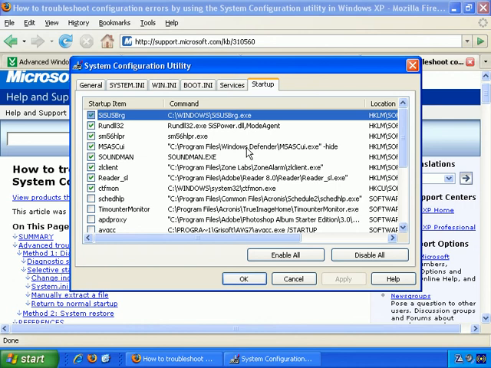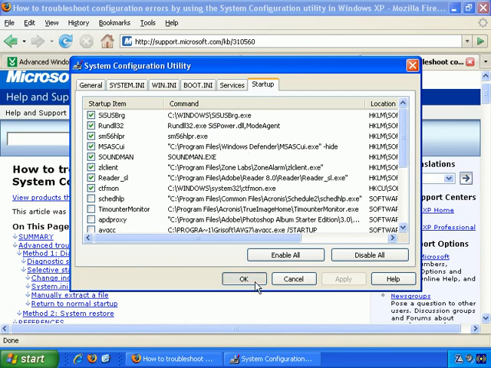Windows Defender. I left that running in the background. I don't recognize this, but I left it enabled. I could probably do a search if I really want to decide whether I should disable it or not. So OK that,